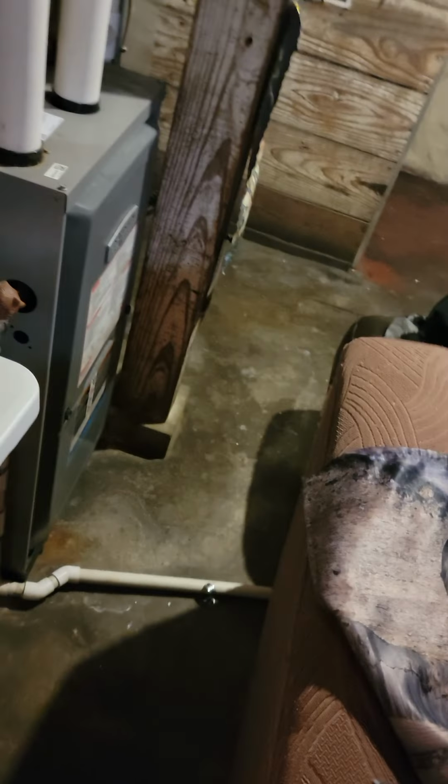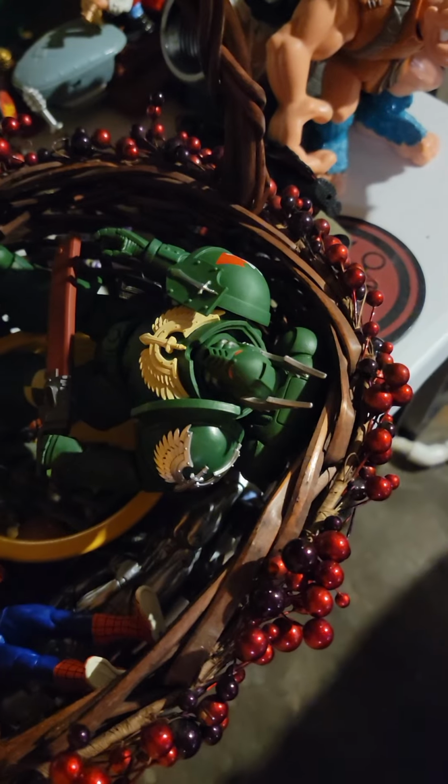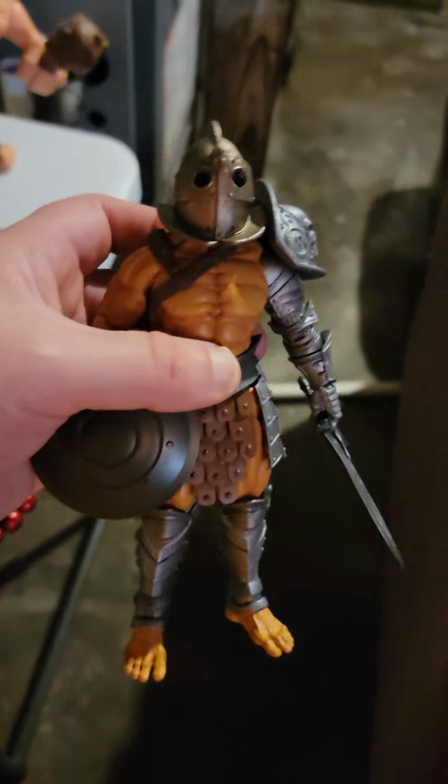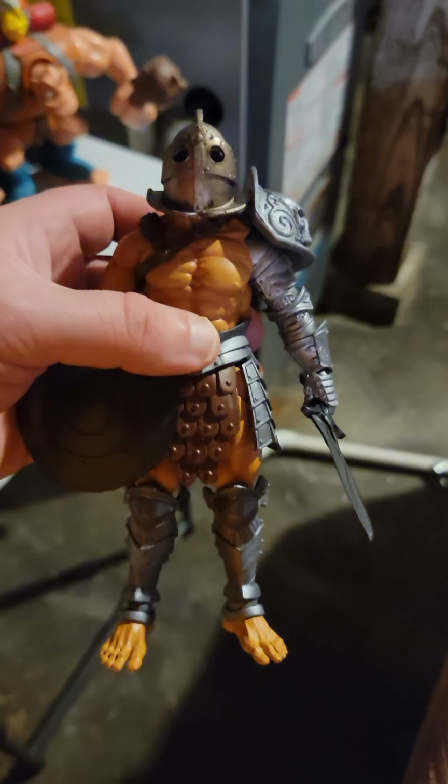The cool thing too is talking about new stuff I've gotten over the years. These McFarlane Warhammer figures are great, and then I also got this. This might be on my top 10 list of this year too, but it's a Mythic Legions